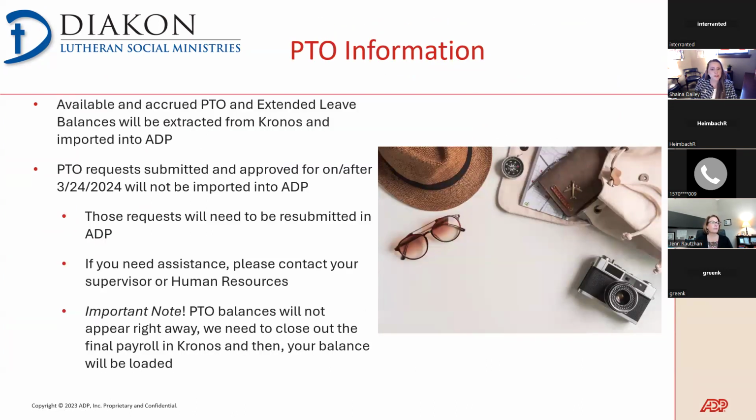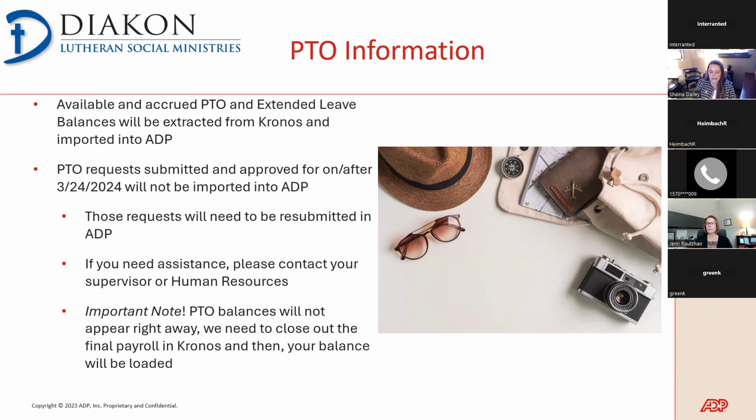Some information regarding PTO, and then we'll start to talk a little bit about how to request PTO. All available accrued PTO and extended leave balances are going to be extracted from Kronos, and they are going to be imported into ADP. However, if you have a PTO request that was submitted on or after and approved for March 24th and beyond, those requests are not being transferred into ADP. That said, those PTO requests will need to be resubmitted in ADP. And if you need assistance in identifying if that is you, you can reach out to your local HR representative